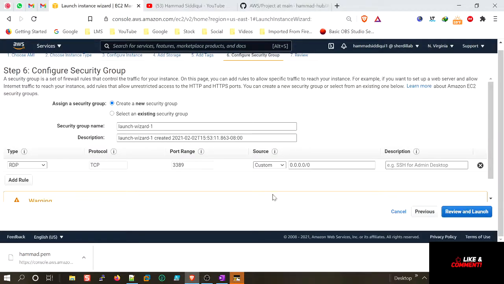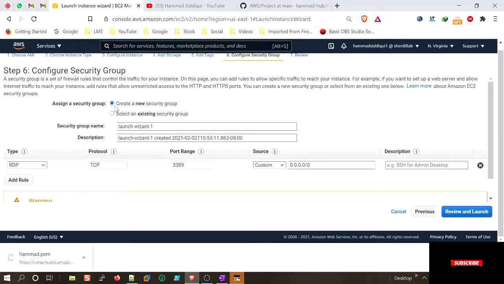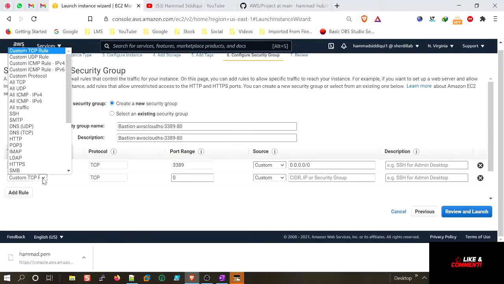Actually, let me try seeing something here. So we'll just use the existing group. We don't have any. So I think we can use the same security group for Bastion, but let's just keep it. Okay, so we'll add HTTP